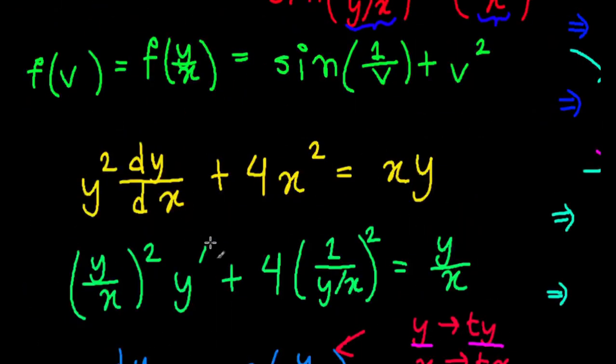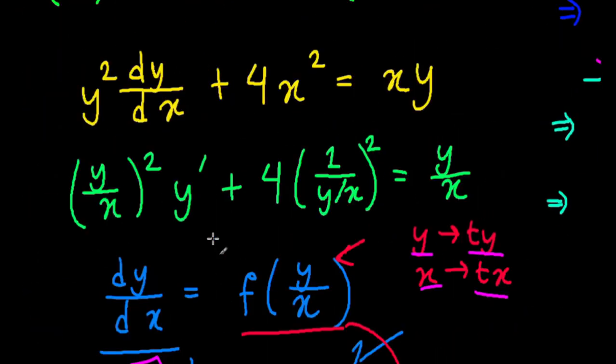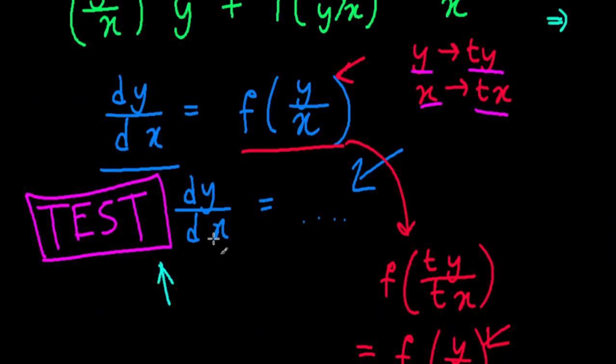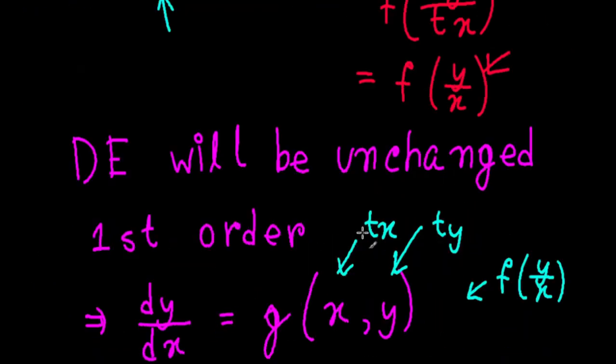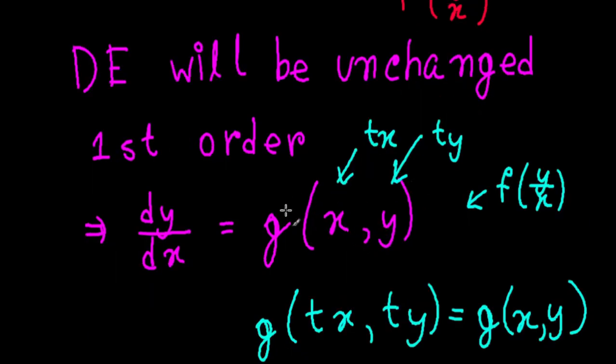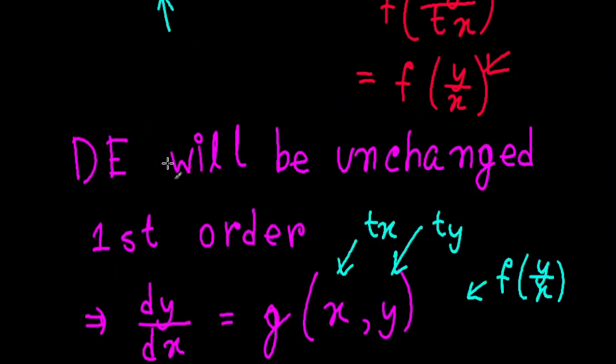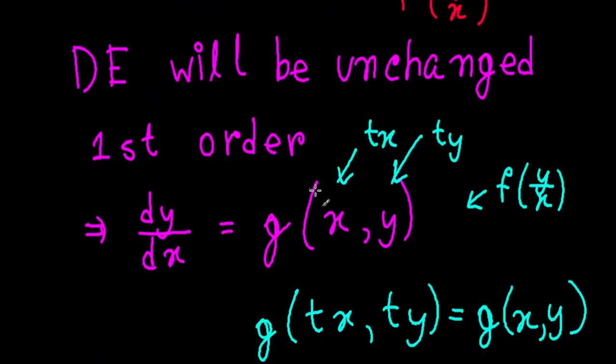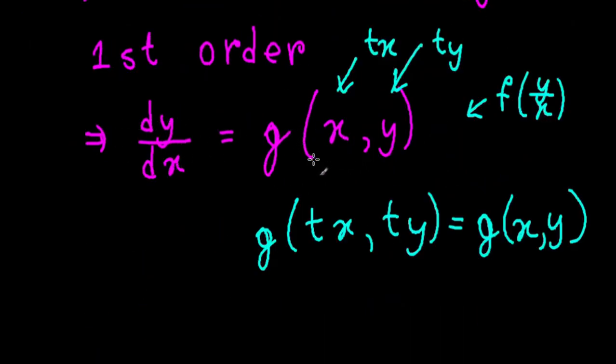And lastly, we discussed what is really the test for being a first order homogeneous equation. Sometimes it's not really that obvious. Often it is, just sometimes it's not. So what do we do at that time? For that, we said that if our derivative is indeed a function of y over x, so suppose our derivative expression is just some function of x and y, if that has to be a function of y by x also, then if we were to substitute tx and ty, and really the reason